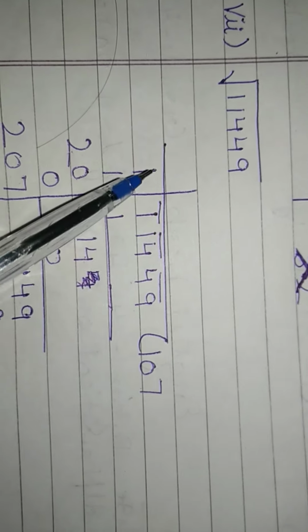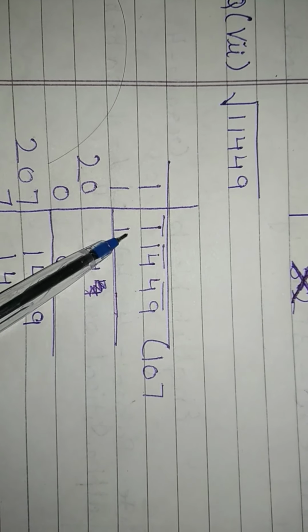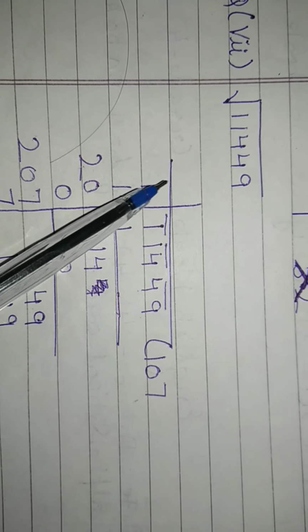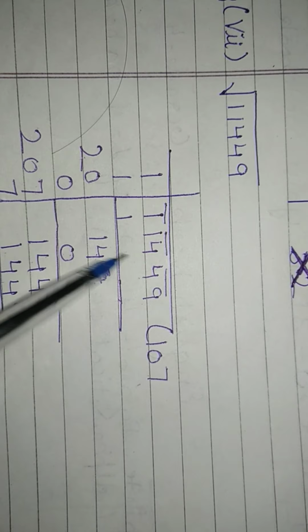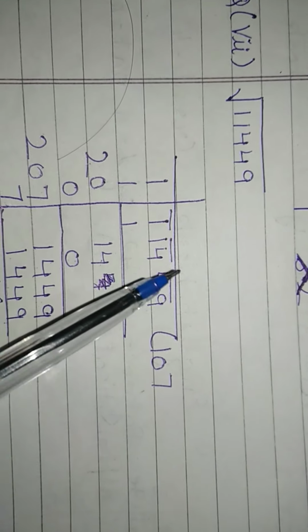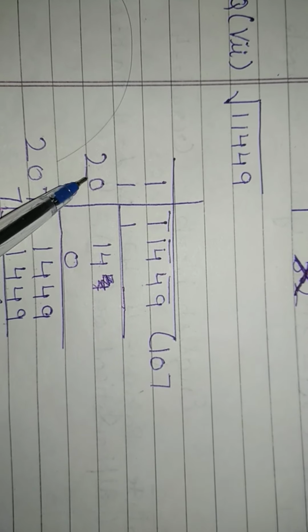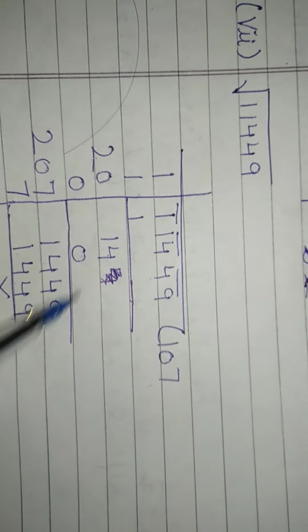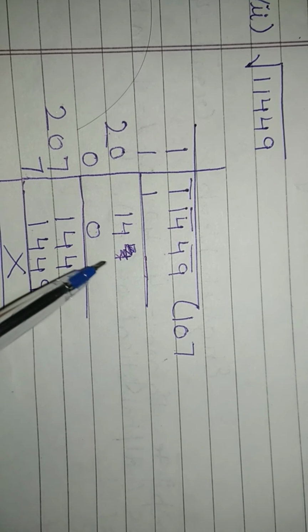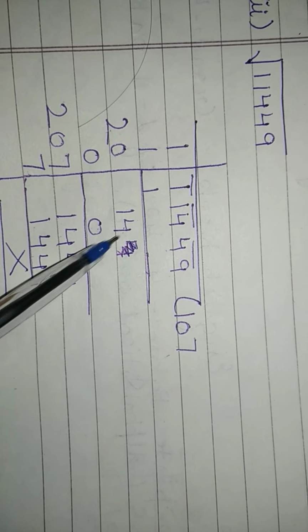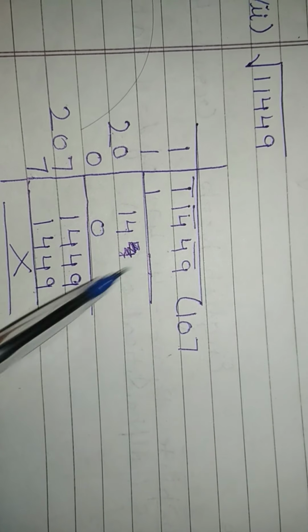11,449. In this we have 3 periods. 1 ones are 1. After that 1 plus 1 gives us 2. Now here we have 14 in the second period. So we can't subtract 20 from 14. So it means we will take 0 here. So after subtracting these numbers we get 14 minus 0 gives 14, and with that we will take the numbers